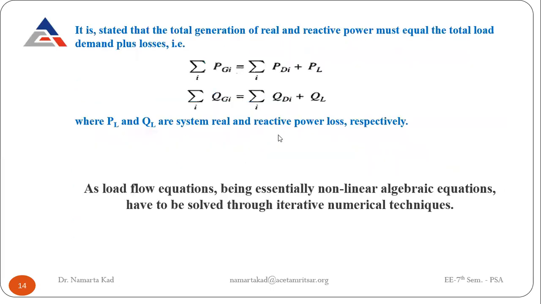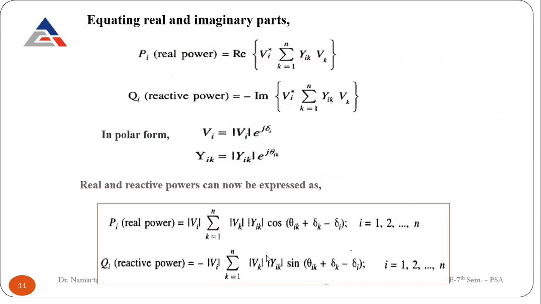We have seen the equations that we have to solve. In the starting, we assume the solution for Vk, since the admittance values are generally given in the question. The data is given for Y, but for the voltage and angles, we generally assume 1 angle 0 degree, that is, 1 plus j0. That's it. We start our solution with this assumption.